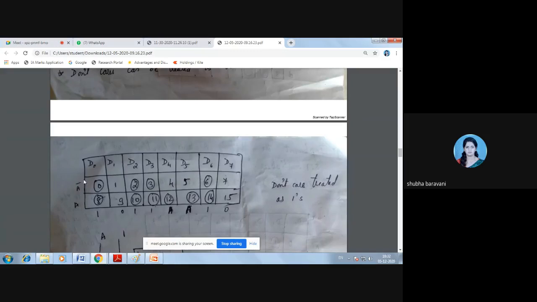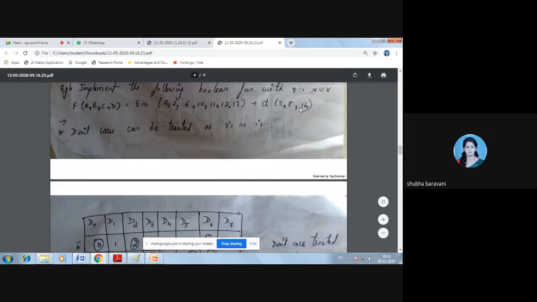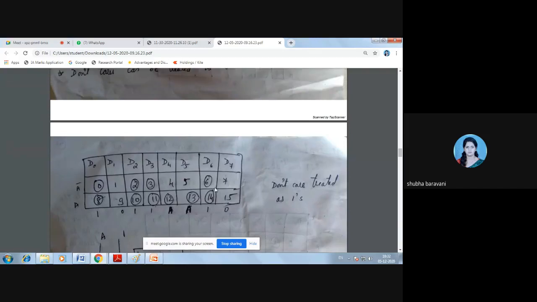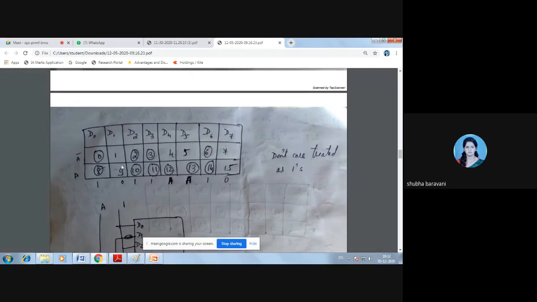Okay, similarly 0 circle किया था, 8 circle नहीं किया, then I would have required to use A bar. ठीक है, so instead of increasing the number of gates, I'll encircle 8 also, since it can be considered as don't care, and put it to logic 1, right? And I'll do the same thing with 14. ठीक है, so I've done this. This is the implementation table.